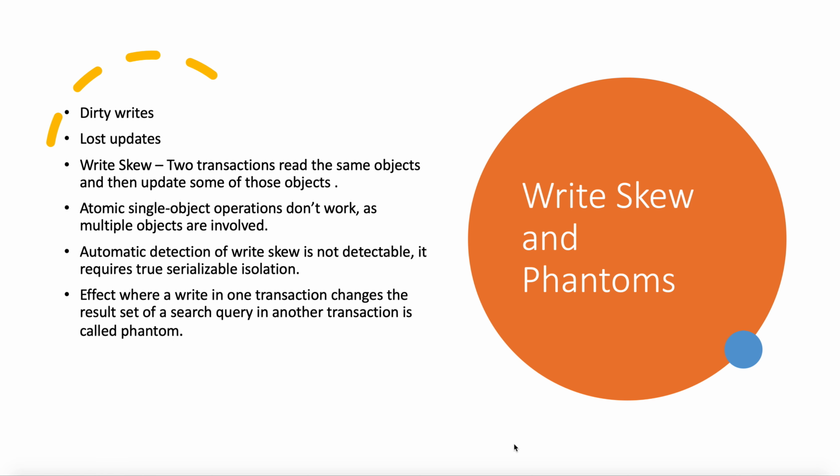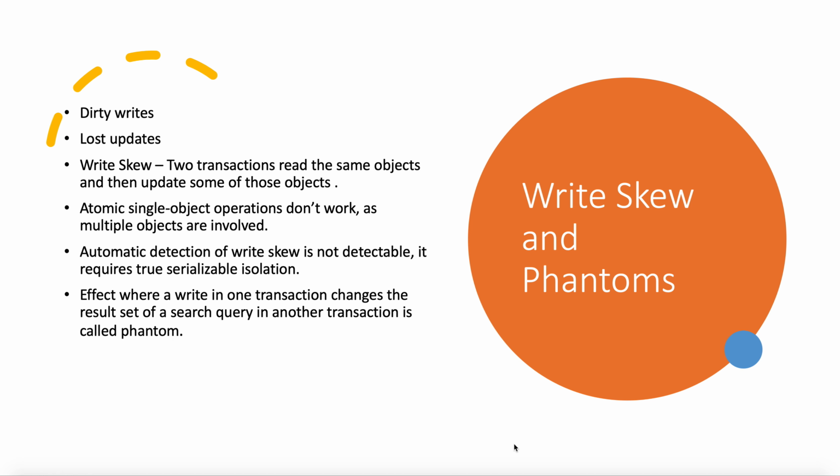In each transaction, our application first checks that two or more doctors are currently on call, and if so, it assumes it is safe for the doctor to go off call. Right now we are using snapshot isolation, and when a transaction begins in snapshot isolation, it reads the state as of when it began, not the state of any other transaction that has committed in between. So when both transactions of Alice and Bob begin their execution, they read that the initial state was 2, when two doctors were on call. Both checks return 2 and both transactions proceed to the next stage.